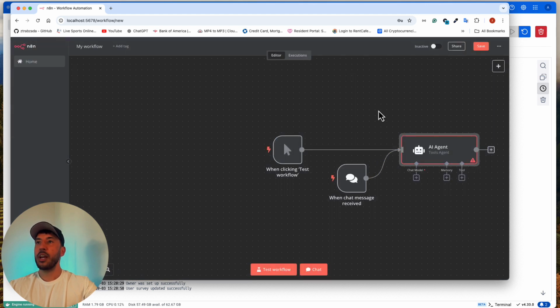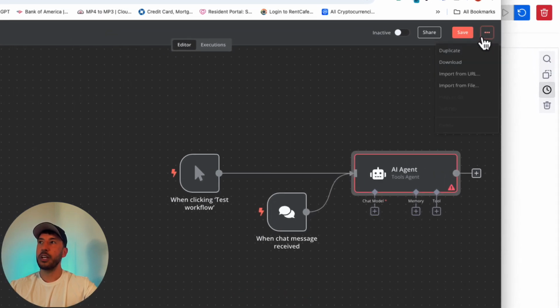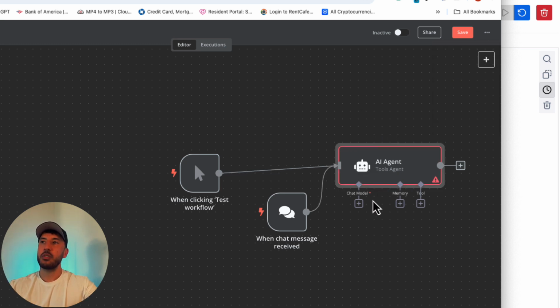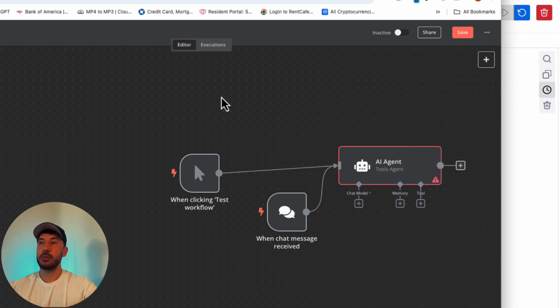One thing is, if you want to import your workflows from your cloud account, go to your cloud account, come to the top right hand corner here, and you're going to click on download, and then you can come back here and click on import from file, and then you'll just basically select that downloaded JSON file, and then that will import all of your workflows here. And then obviously you have to add your credentials, because it's not going to migrate over the credentials, because now you're using your local machine to run everything. And that's pretty much it. So if you already have a bunch of workflows on your cloud account, you can migrate them over very easily.